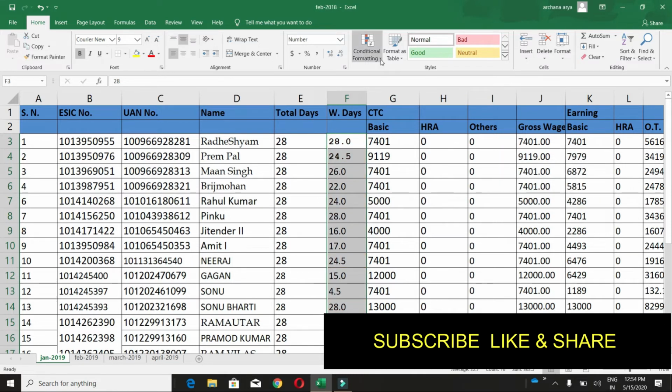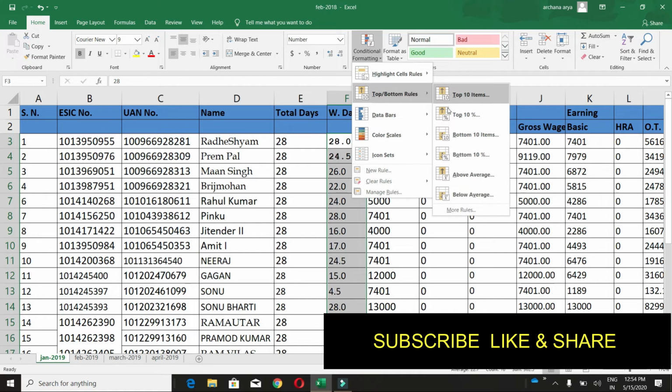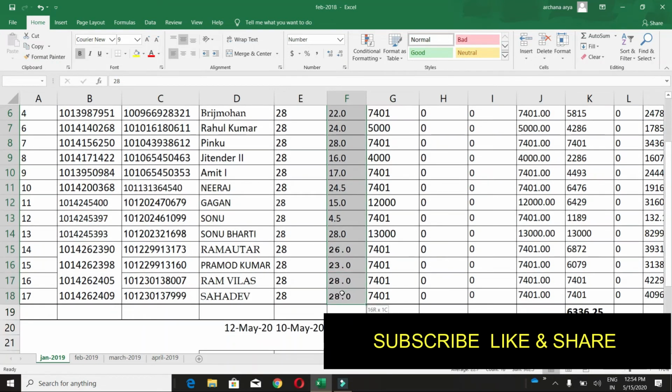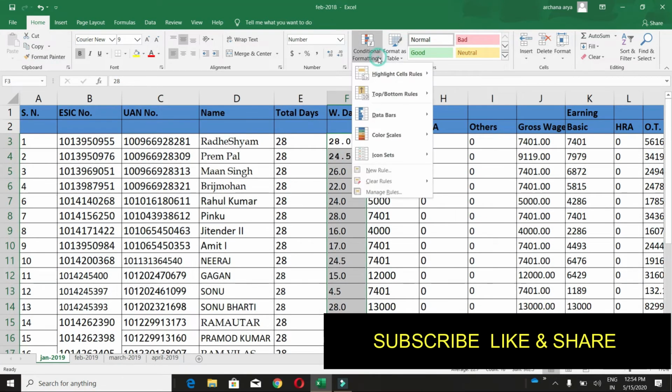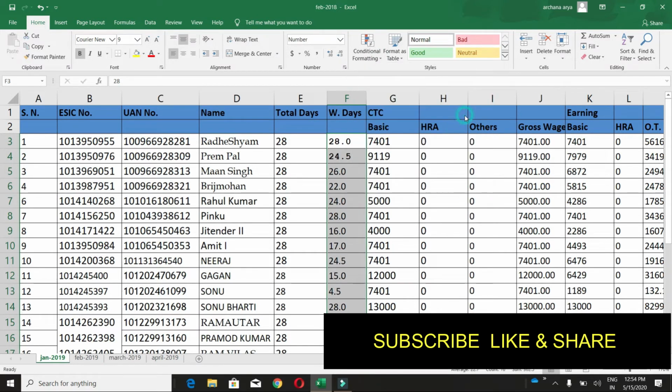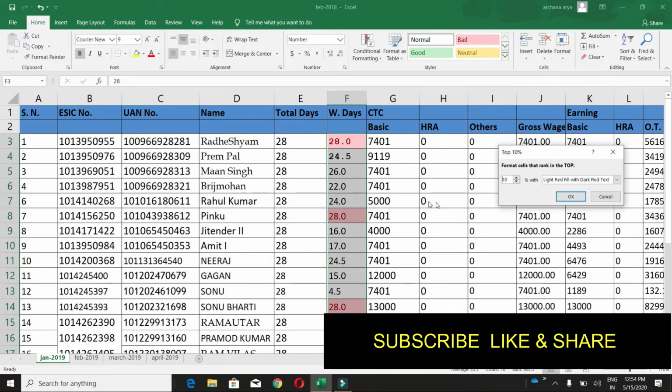Fine. So the second option is top 10 percent. Fine. So select this range here, go to conditional formatting, go to top 10 percent. See, it will highlight the cell area by the percentage. By the percentage you have selected, it will highlight the area. If you decrease, see,